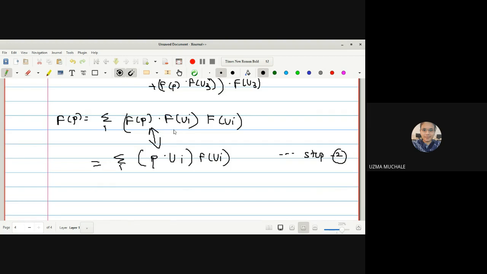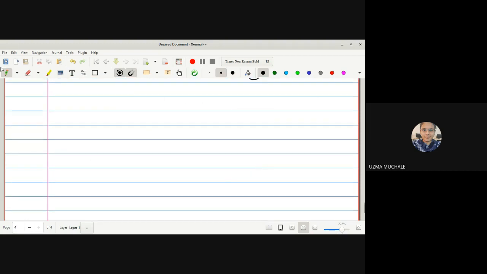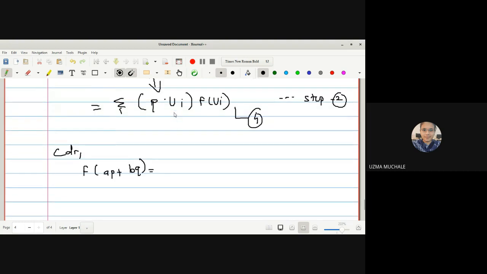Right. Now what is our last step? Up to this one it is okay. Now you can name this as equation 4. So now we can prove the linearity. Let us consider what we can consider to prove linearity. Let us assume F of AP plus BQ, which we can write by using the above equation.